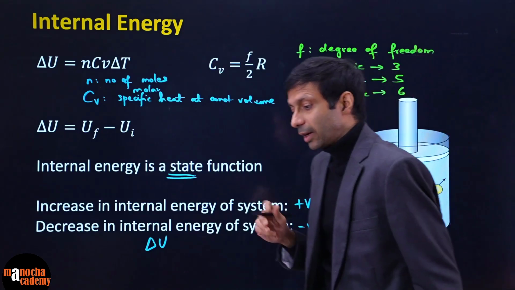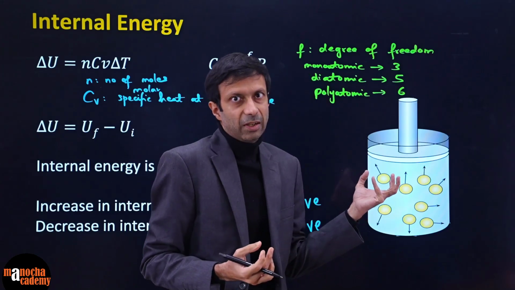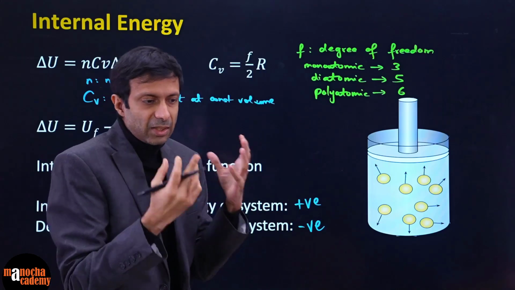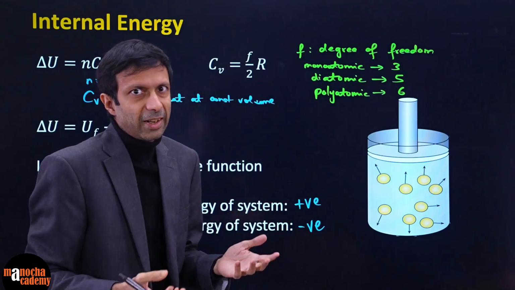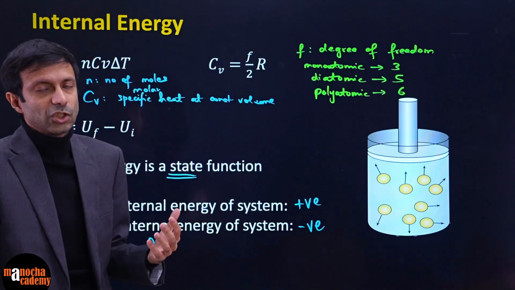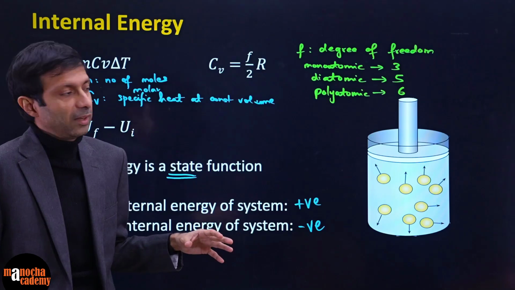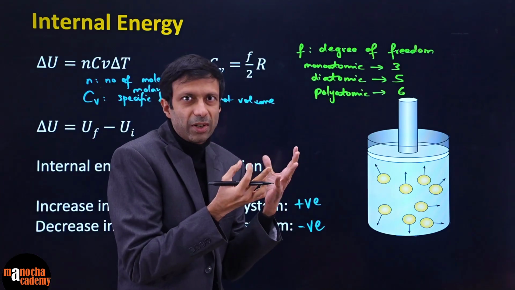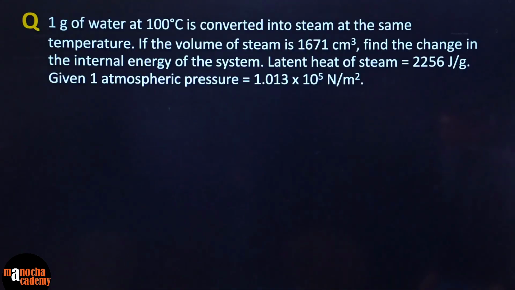Clear? Again, what is the meaning of internal energy? The energy inside this gas, right? So inside the gas, and again, that is based on the kinetic theory of gas. There is the kinetic energy, rotational kinetic energy, vibrational kinetic energy, translation. All those we just touched upon in the last class, and we will do more details in the next chapter also. Clear? But that is basically the energy. You can think of the particles, the molecules, right? And then work done is the external. This is the internal one.